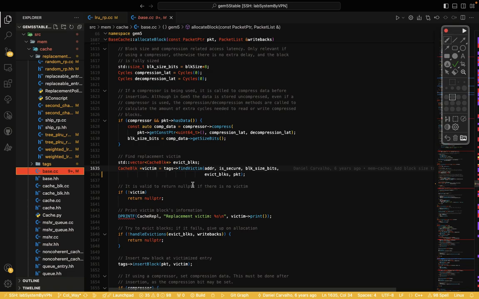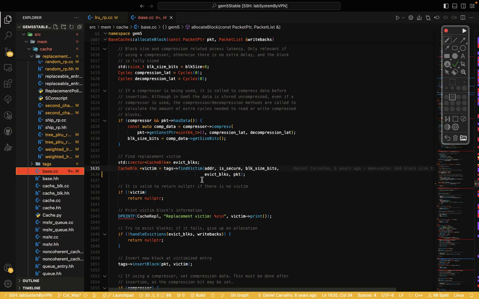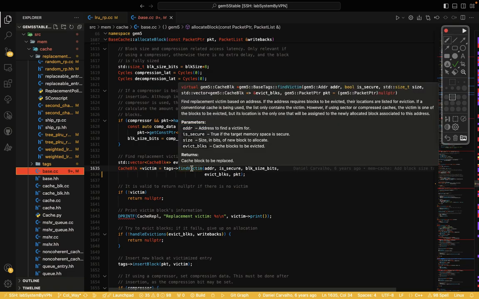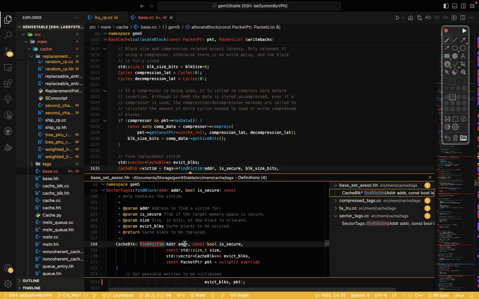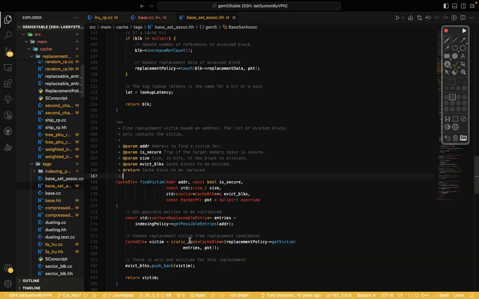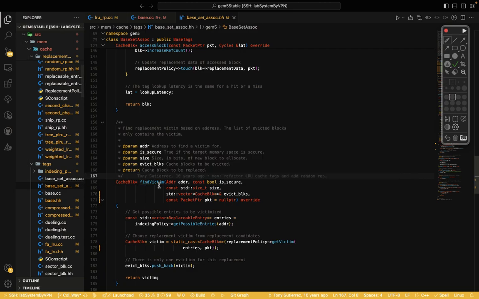If you see the name of the function and the input of the function, they are different from the function we changed in the replacement policy. But we need to send the packet to this function, because this function calls a function in the base set associative, and that function will call get victim in itself.